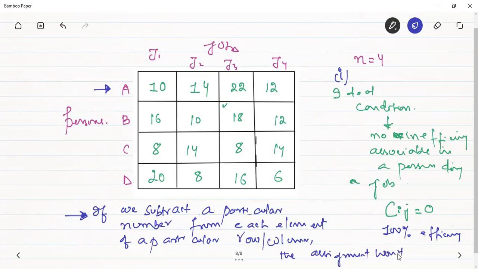This is the condition which gives us the, यही कंडीशन हमें डिसाइड करेगी अब हम जीरो कहां से लाए। तो वो किस पे बेस्ड है? It is based on the thing that if we subtract a particular number from,